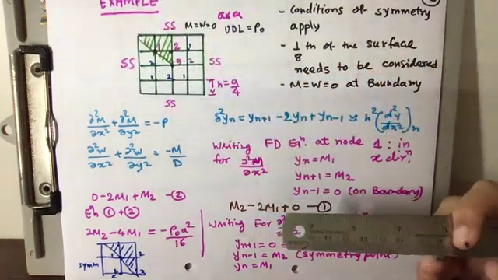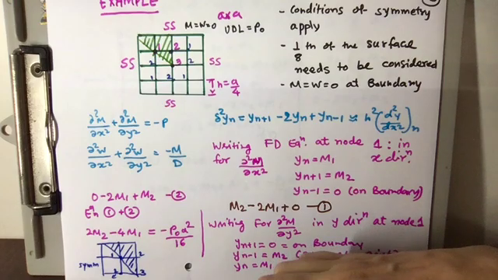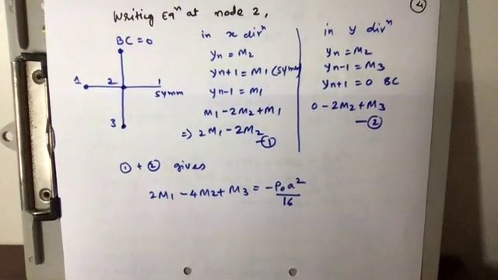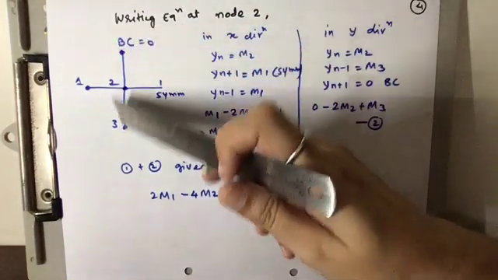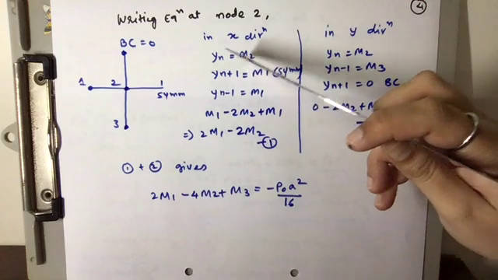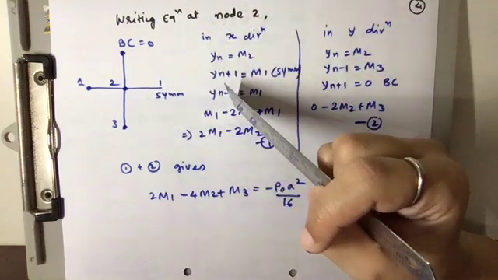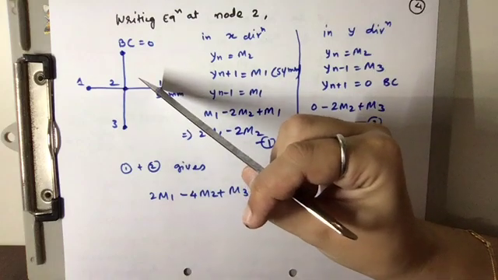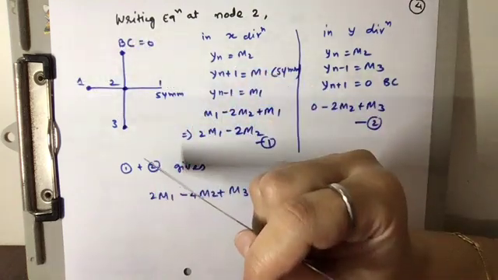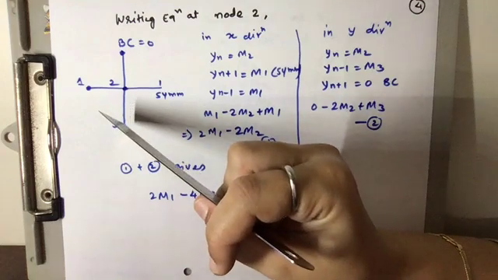Now we are going to write similar equation at node 2. So we follow the similar approach. Writing equation at node 2, I have shown this grid. You can think of node 2 at the center, that is yn. You put value of moment at m2, then right side, left side, when writing in x direction, the forward and backward values. One of the value will be symmetry, I have written here. You can write m1, it is same as value at node 1, then boundary value, and here there is no boundary value when we are writing in x direction, and value